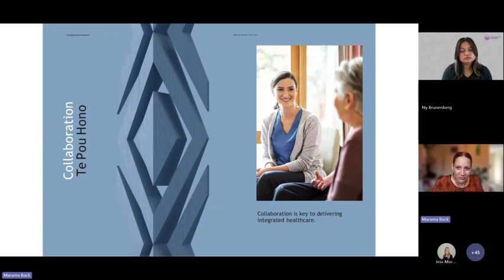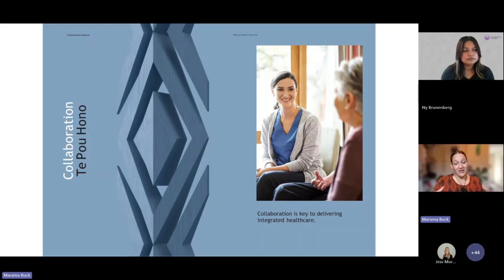So this is about building really meaningful partnerships with people in your community, other care providers, NGOs, hauora Māori providers, your rongoa providers, lived experience rōpū, really collaborating with the people around you so that we can together address the really big hard things like the social determinants of health.